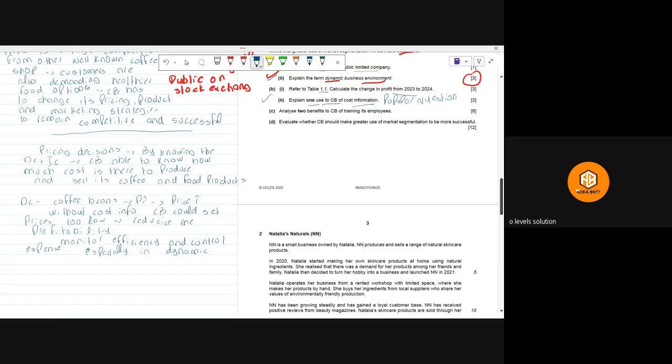Okay. So the next question is: analyze the two benefits to CB of training its employees. Training employees has a lot of advantages. First of all, the first advantage of training employees is that it will improve customer service. And how it will be improving customer service, and it will be leading to higher sales and customer loyalty as well. And how? So, of course, when they will be providing training to the employees, so it means that